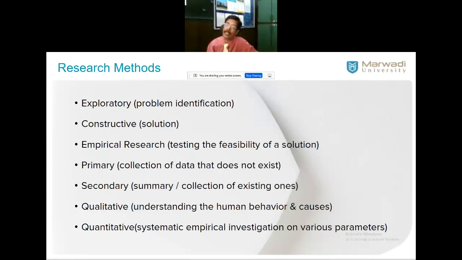Primary and secondary. If you want to deal with data which is already existing, right? That also you have to collect from an authentic or published resource. That is called secondary. Already data is there. I want to use it for my research. Nothing wrong. You can do that. That is called secondary. If no such data is available for the suitability of your research theme or research model, you have to collect them and use it for your experimentation. That we call a primary research.